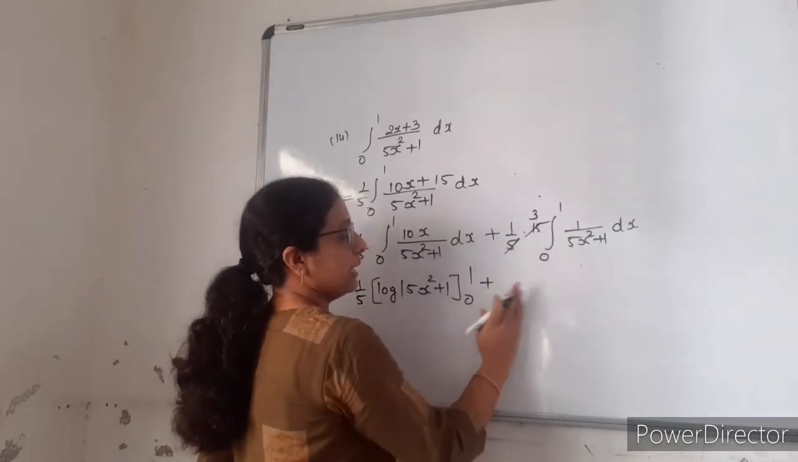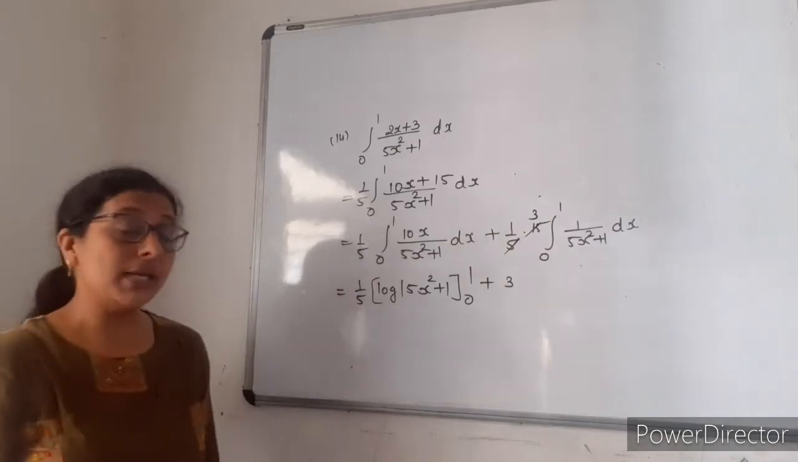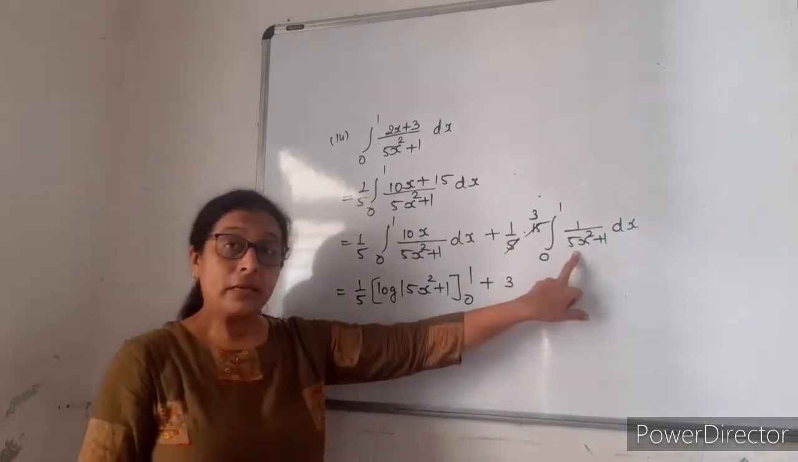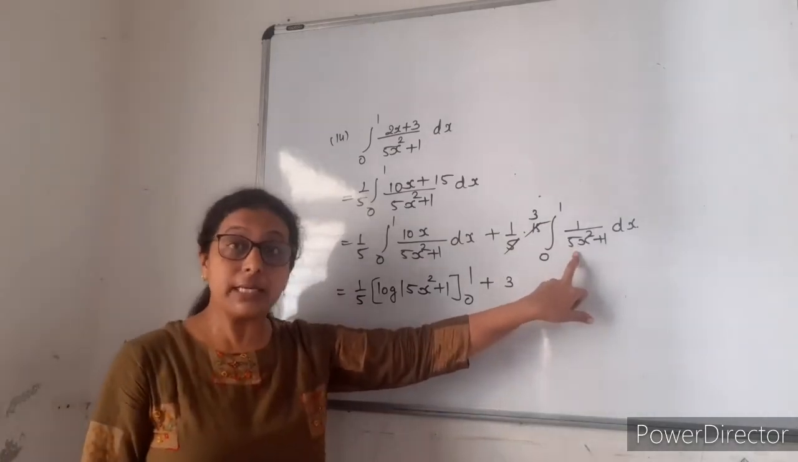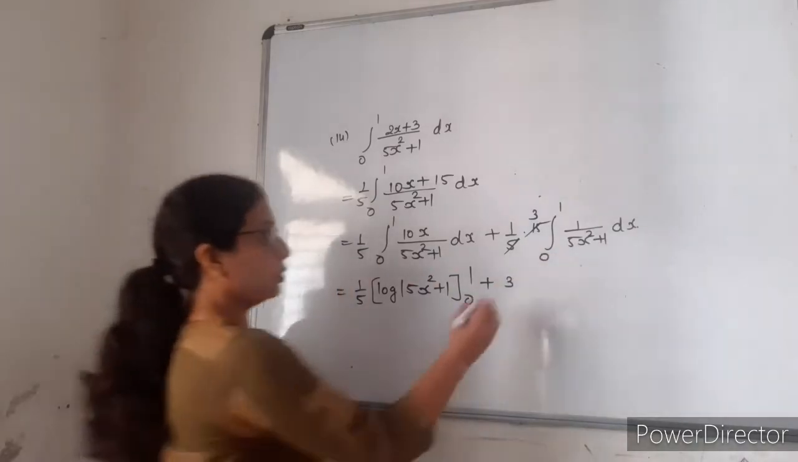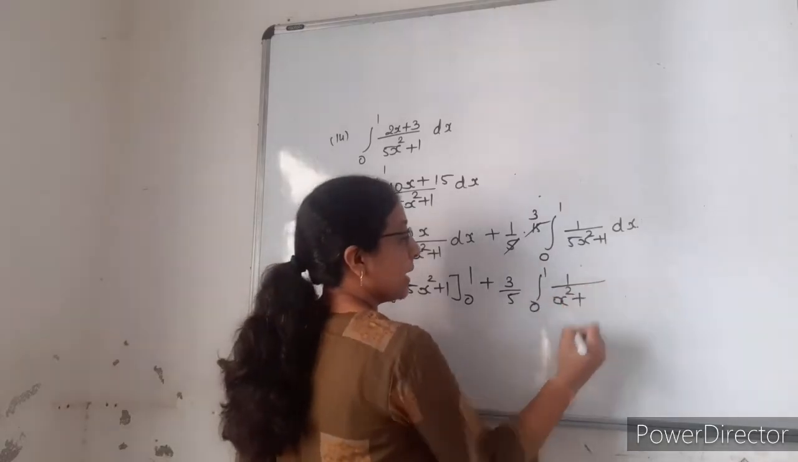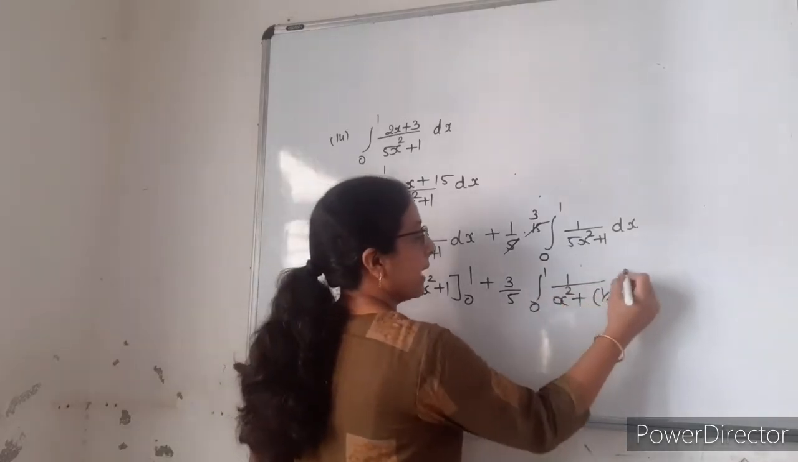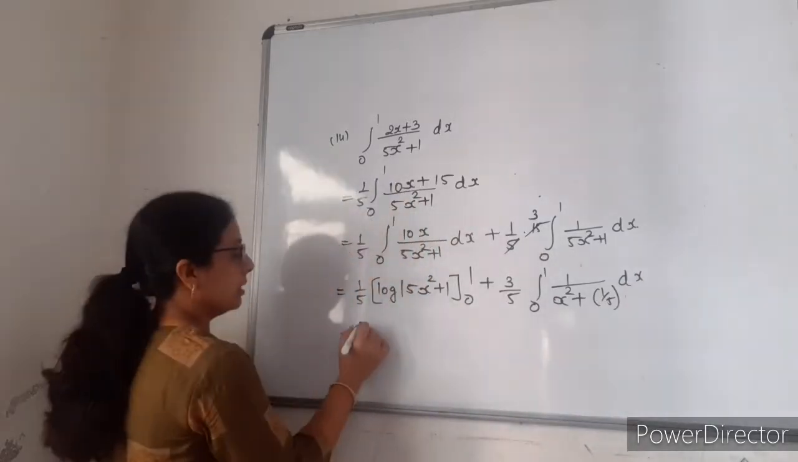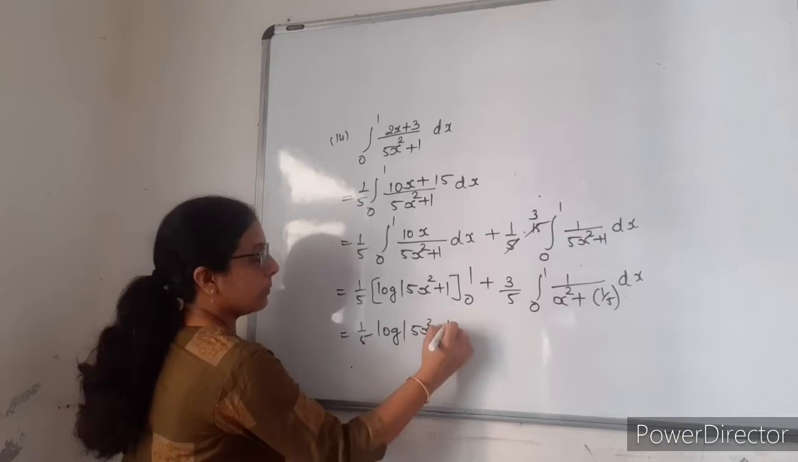So it is only 3. But here it is 1 upon 5x square. So whether you divide it after integration or you can take it common, I will take this 5 common. So 1 upon 5, integral 0 to 1, x square plus 1 upon 5 dx. Here, 1 upon 5 log mod 5x square plus 1